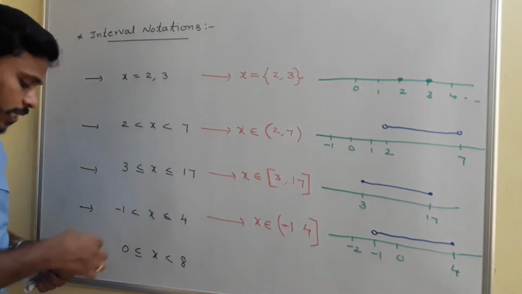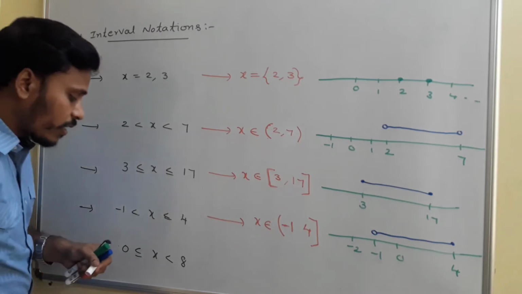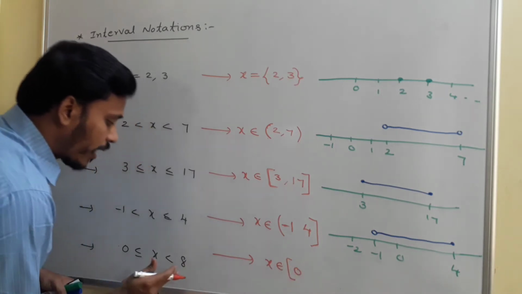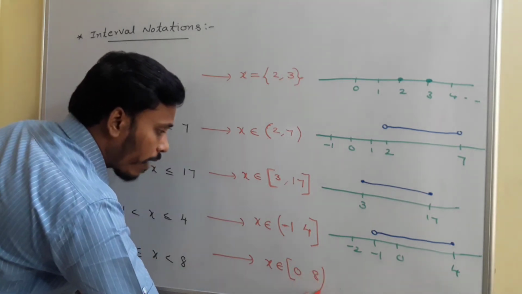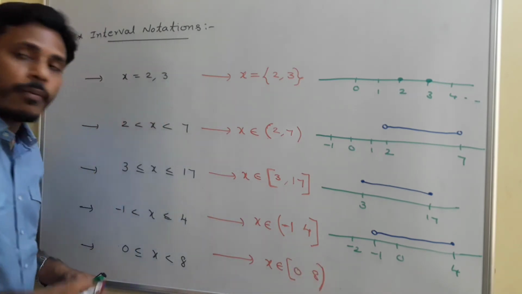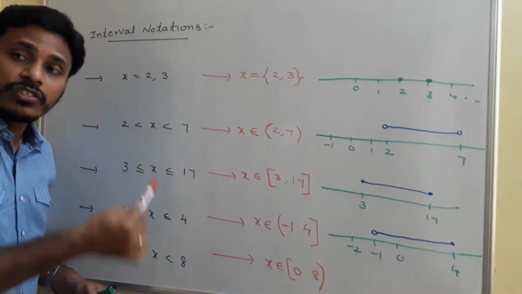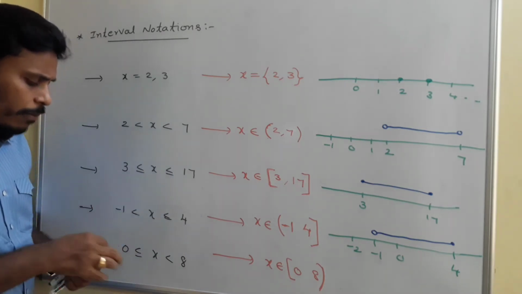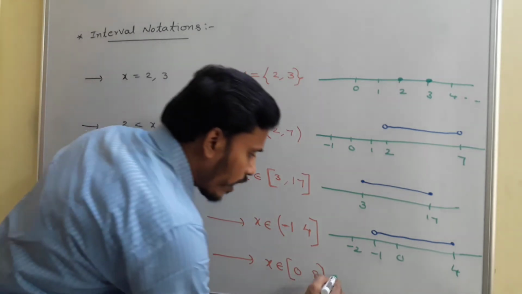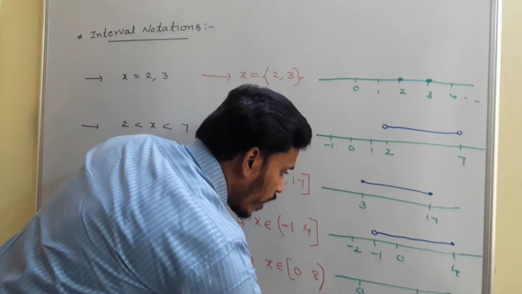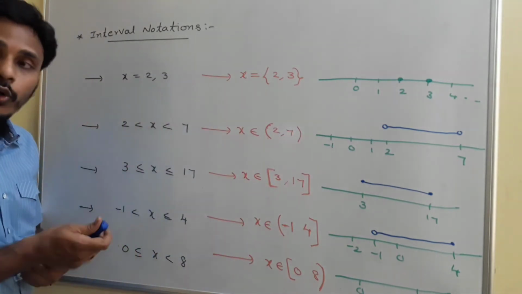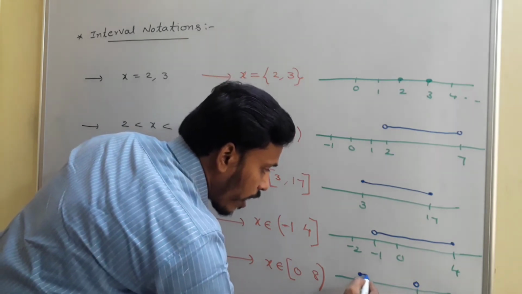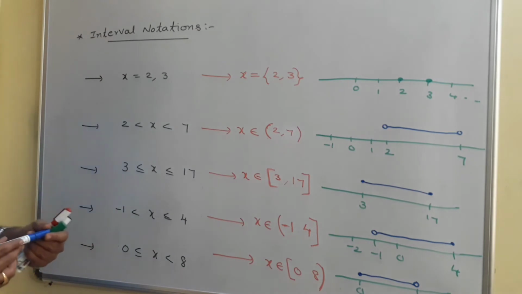Right? So for each and every solution, I am representing here an interval notation as well as the number line notation. Then if 0 less than or equals to x less than or equals to 8, in this case it is very clear that since 0 is included, you need to use a closed bracket for 0. And since 8 is not included, you need to take an open bracket there. And this closed bracket to the open bracket indicates that every value which is in between 0 and 8 is a possible number for x. Okay? And on the number line, it is very clear to represent. You need to take a number line. Somewhere you have 0, somewhere you have 8. Since 0 is included, you need to take a closed circle at 0. And since 8 is not included, take an open circle. And if you join these two, that's the representation of this solution.